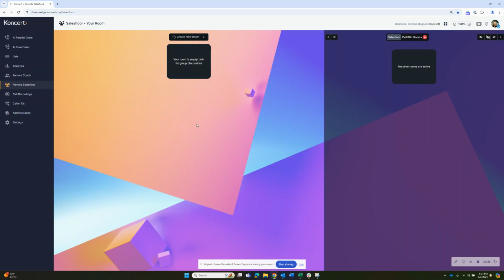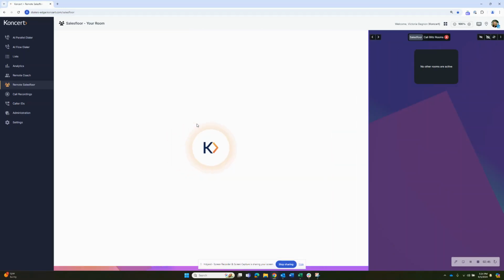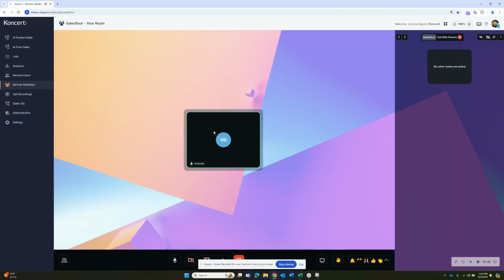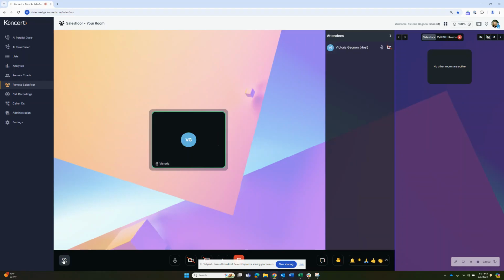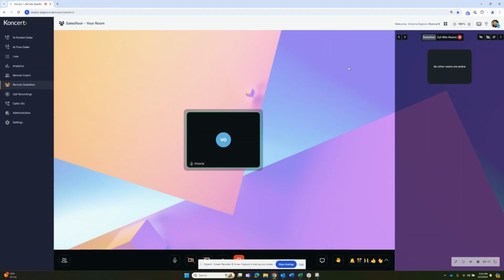And so when the new room is created, as people join your room, you'll see on the left-hand side down at the bottom, you can show attendees. As people start to join your room, you're going to see their names. You're going to see if they are muted or not muted. You can see if they're showing their video. This is something that you can minimize on the screen or open up. This really gives you some insights, just like with other apps